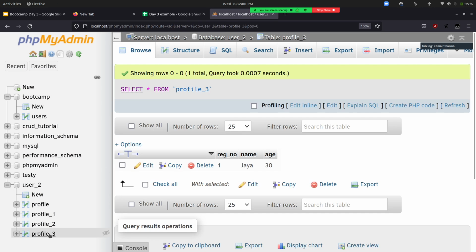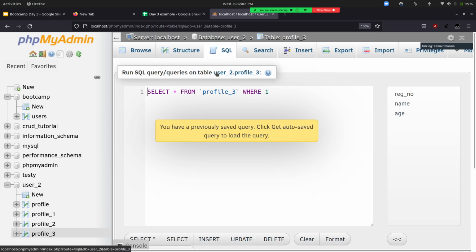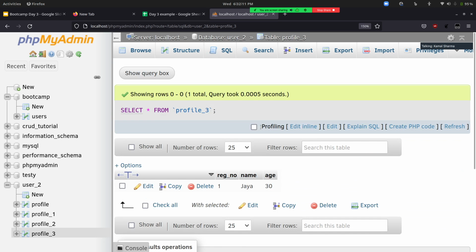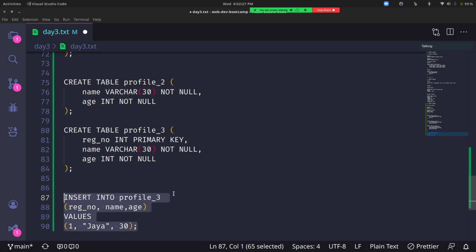If I go to the same SQL part and try to fetch all the records, I click on go, and I'm able to get the newly inserted record. It's over here. I hope you can follow it. Let's try to insert another record, but this time I won't be specifying the primary key.